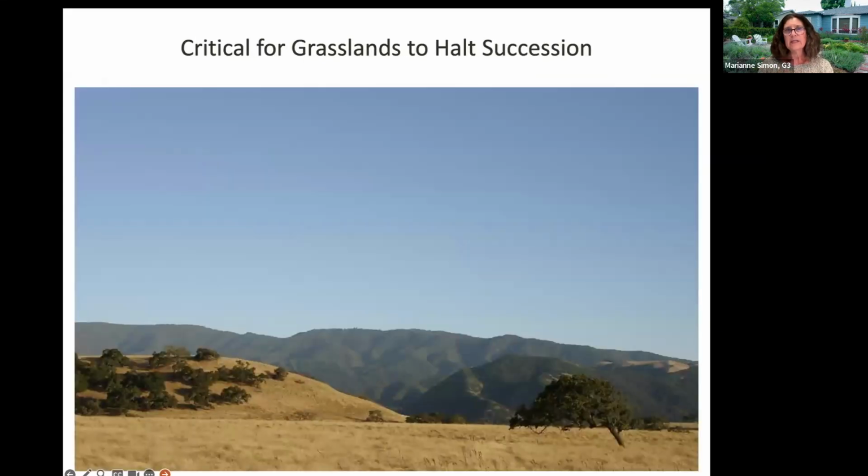And we don't often think about this one, but in parts of California, we have grasslands. And there's something called succession, which means that over time, the soil changes as well as the type of plants that are growing. So grasslands eventually will evolve into small shrubs, into larger shrubs, and eventually into trees. And so in order for the grasslands to stay grasslands, the fires actually play a very important part in making sure that that succession stays consistent.